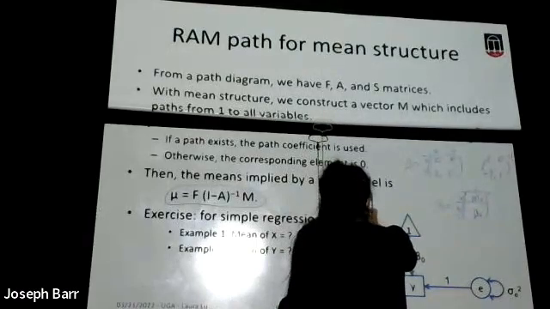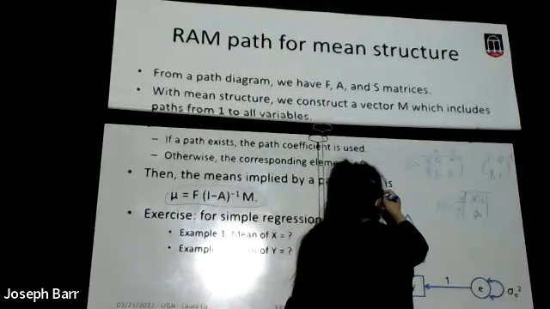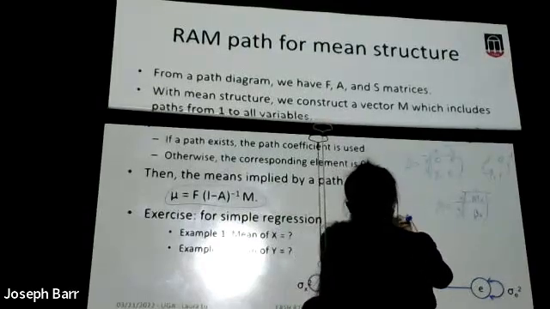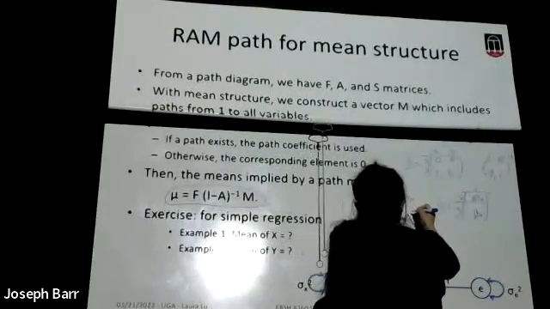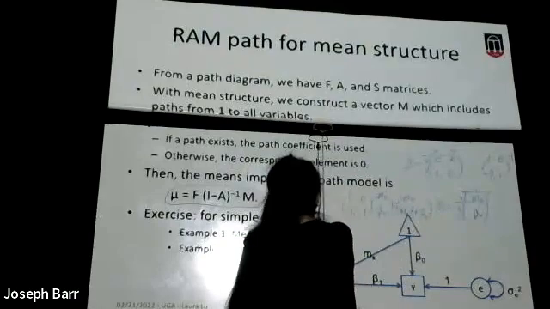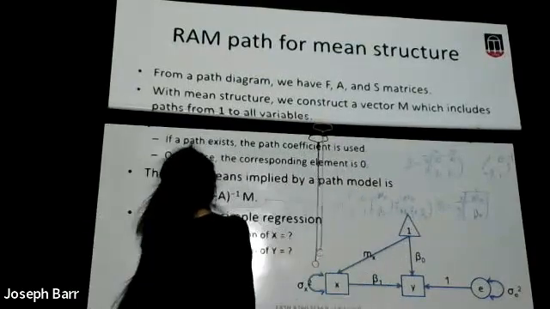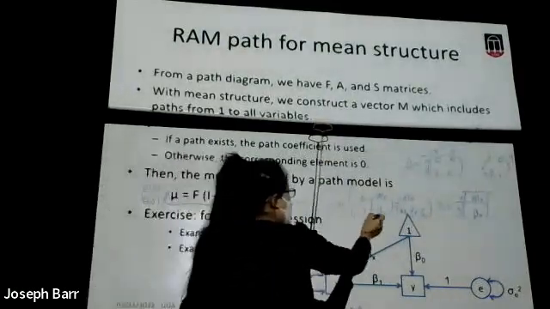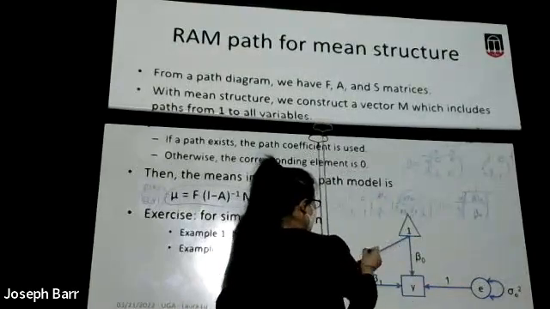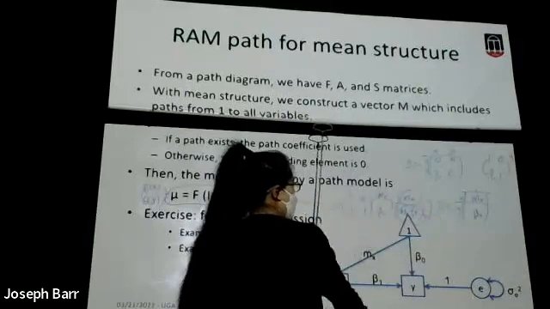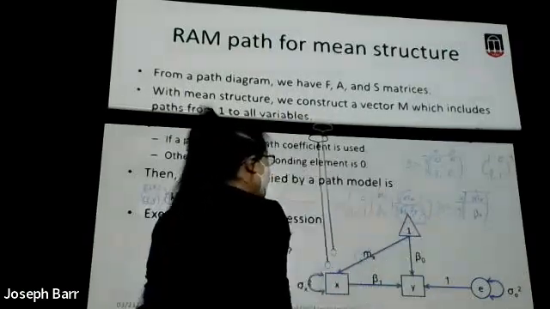That one is the MX. The calculation: here we have MX times beta 1 plus beta 0. That's it. This is our mean. So finally mu is this value. So mu is the mean of X and the mean of Y. The mean of X is just this number, MX. Mean of X is MX. Mean of Y is MX times beta 1 plus beta 0. It's just the same mean of Y